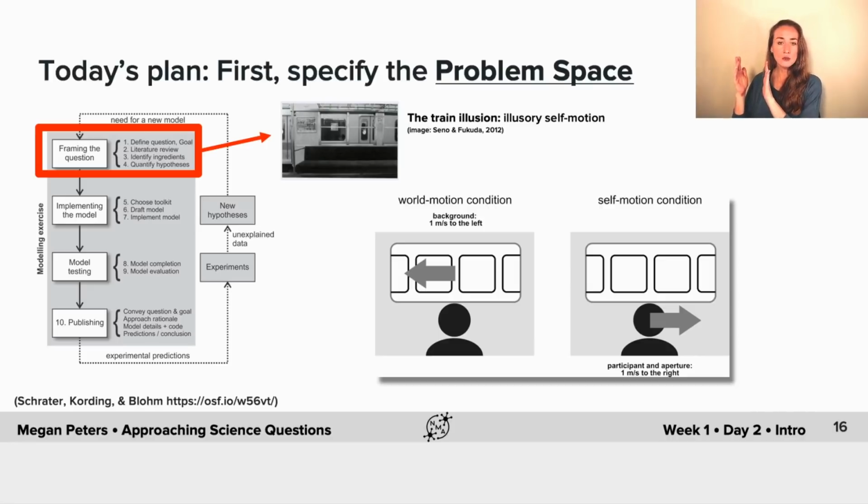And what happens is you feel like you're actually moving in the opposite direction, even though your train is still very clearly sitting in the same spot. Maybe the doors are even still open. So it feels like you're moving, but you're absolutely not moving. And so basically what's happening is your brain has to decide, is the world moving or am I moving? Which one of these is the most reasonable explanation for the visual data that it's getting? And your brain is deciding between these two possible scenarios, and it makes the wrong choice. And the result is that you end up feeling phenomenologically like you are actually the one moving. So this is our cute example that we walk through in today's tutorials.